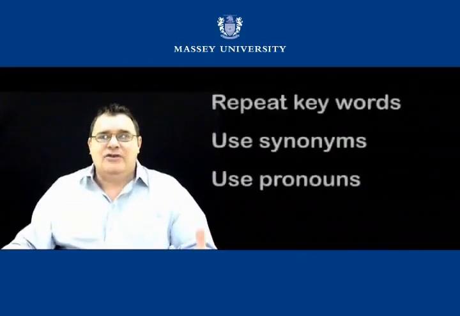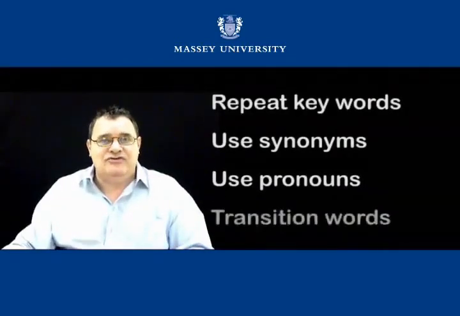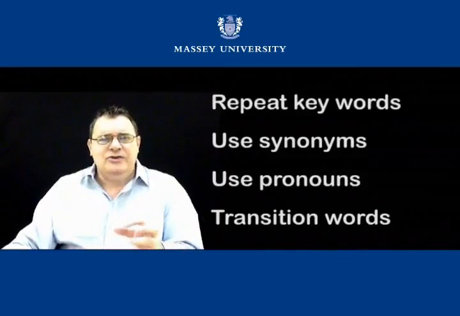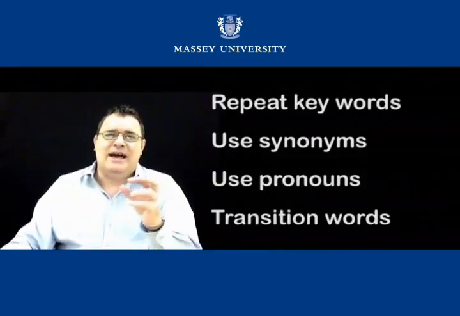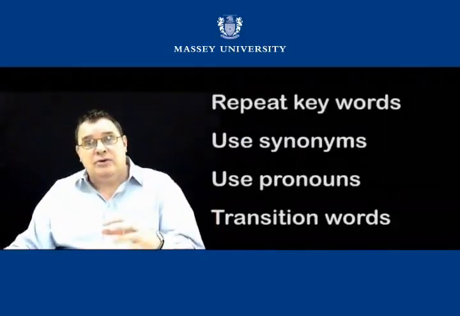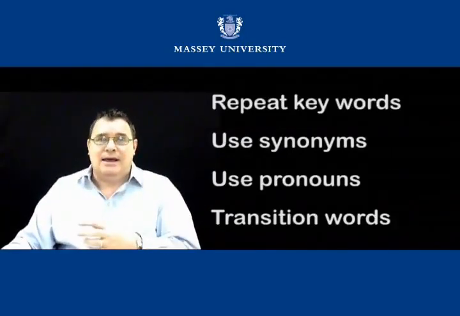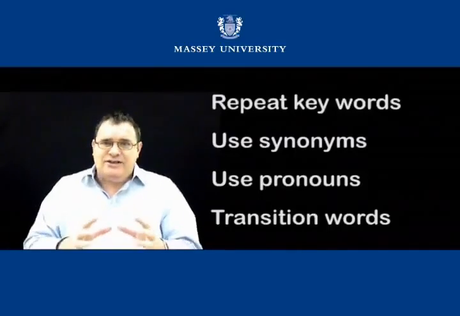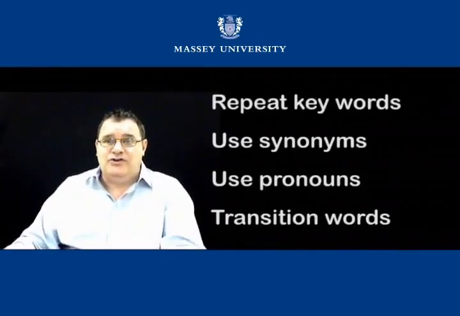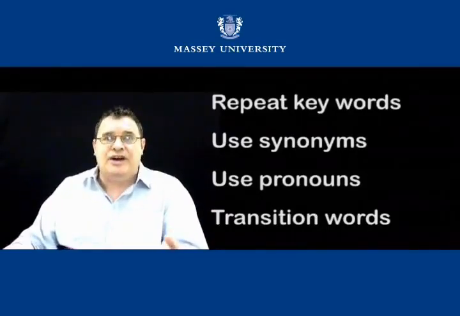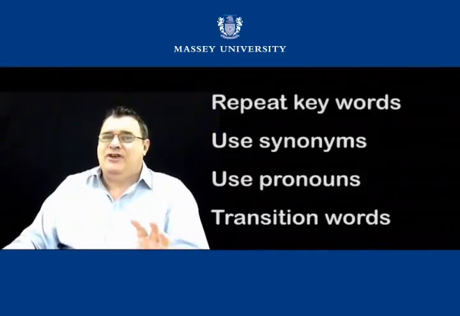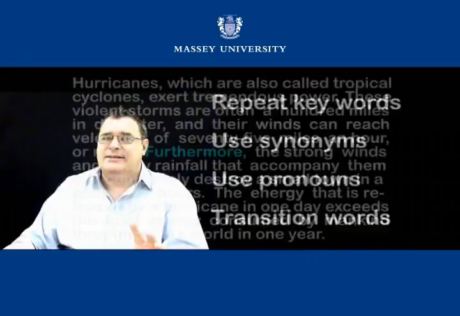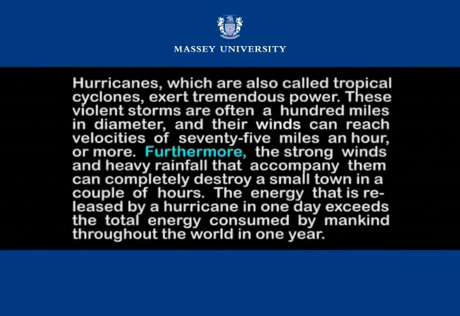And finally, we can create coherence by using transition words. Transition words are words that progress an idea through the paragraph. Words like as a result, furthermore, and so, similarly. Now, there are many transition words which you can use in order to indicate things like chronological order, relationships, order of importance, giving a result, etc. Can you identify any transition words in our paragraph on hurricanes? There's only one, furthermore.